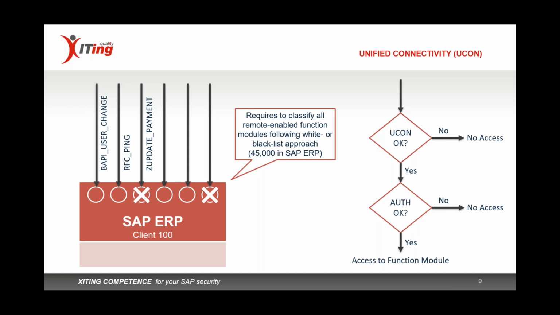The most important conclusion for UCON: we can activate UCON, but it only complements the authorization. So we have to deal with and talk about the authorization: what is required, and what authorization do we grant for our RFC users and what not. UCON will not protect our system from an attack, for example, because certain function modules are required, and if we can